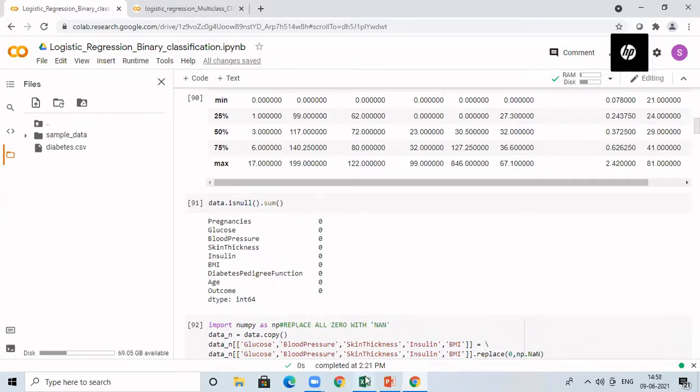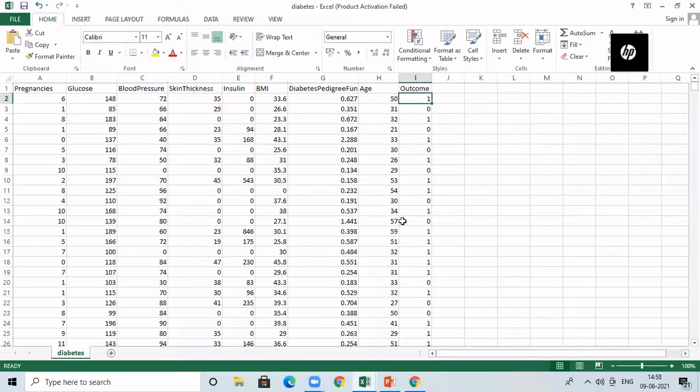But even though I don't have missing values, just look at the dataset. If I consider the column skin thickness, many of the entries are 0. You can see row numbers 4, 7, 9, and then 11, 12, 13, 14. Many entries have 0 values. But skin thickness will not be 0 for anybody. Definitely there will be some value. Similarly, in the insulin column, rows 2, 3, 4, and 7 again have 0 values. That means the data may have been collected through a survey, and in the survey the person might not have filled in the data.